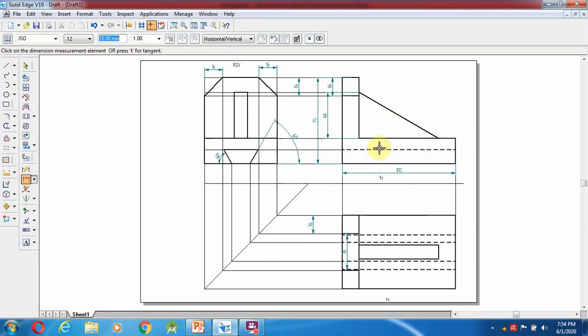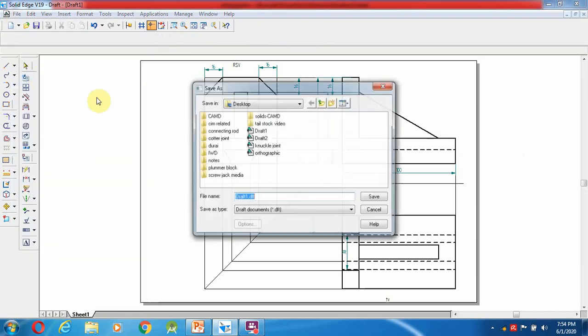So like that you have to give over here. From here to here, like that the dimension you can give over here. That's it. Once you have given the dimension, you can save the drawing.